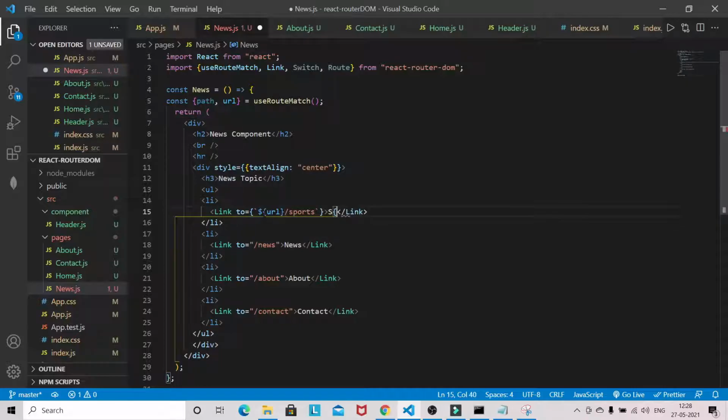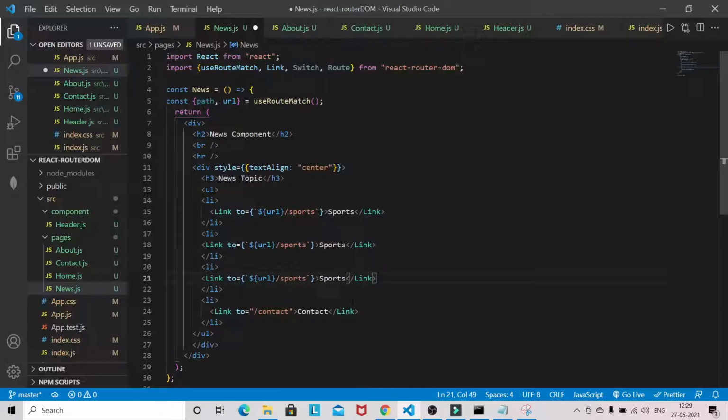I'll just copy this one, because only this part will get changed. The next ones will be politics, business, and weather.